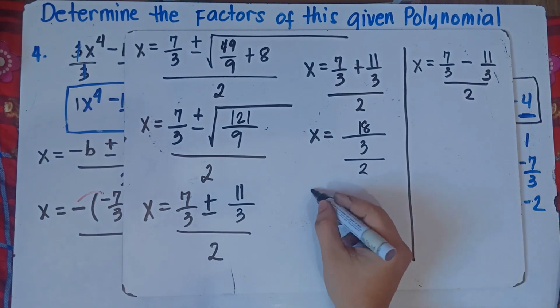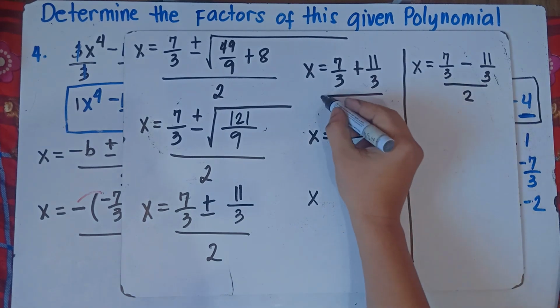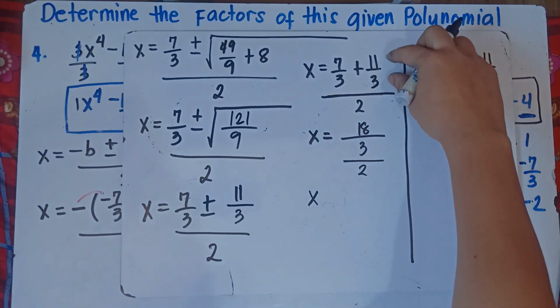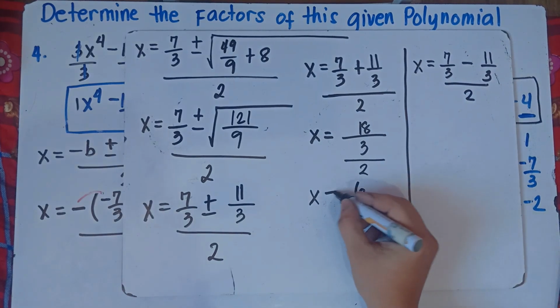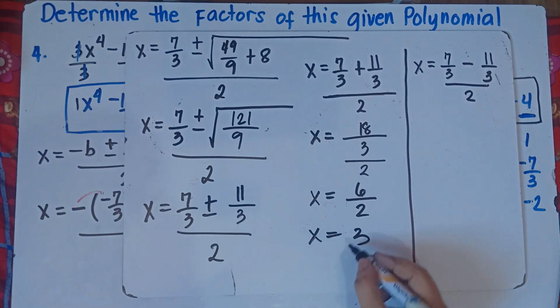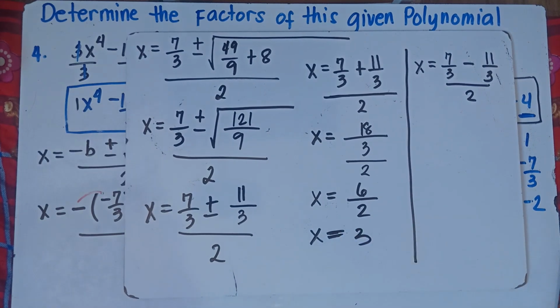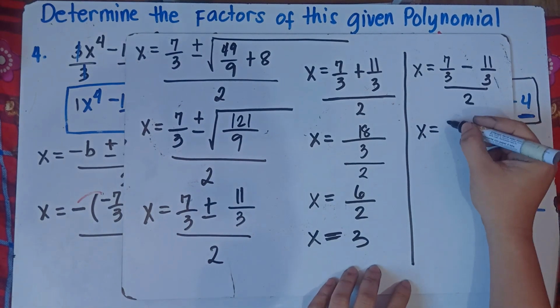So can we divide 18 by 3? Yep, 18 divided by 3. So you can simplify, class, on the numerator. 18 divided by 3, that is 6. Divided by 2, so 6 divided by 2, that is 3. x equals positive 3. So our first root is x equals positive 3, and the other one, x equals 7